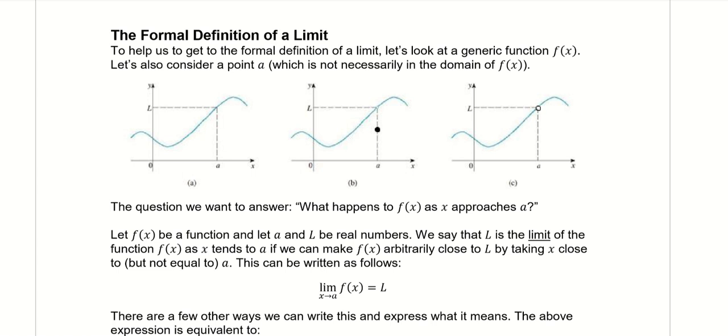In order to get our formal definition of our limit, we do need a couple more things. Let's define our generic function as we have been, so our f of x. We're also going to need some point, let's call it a. This doesn't necessarily have to be in the domain of f of x, just consider some point. Now there's a couple ways that you can visualize this, and the specifics of this we're going to get into a little bit more later when we talk about continuity and things like that. But for now,